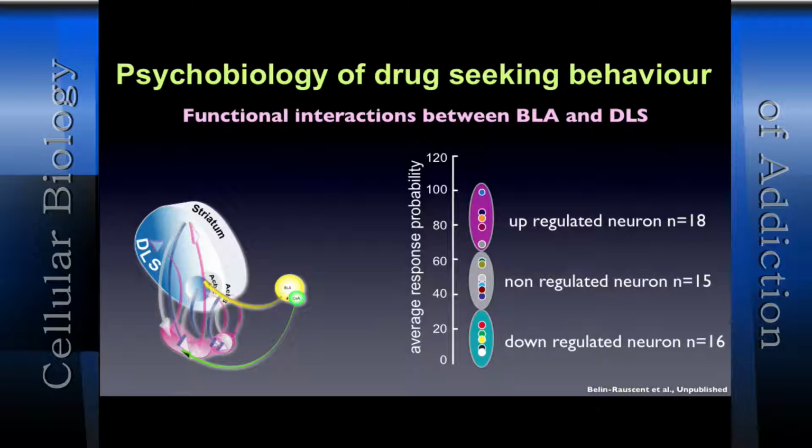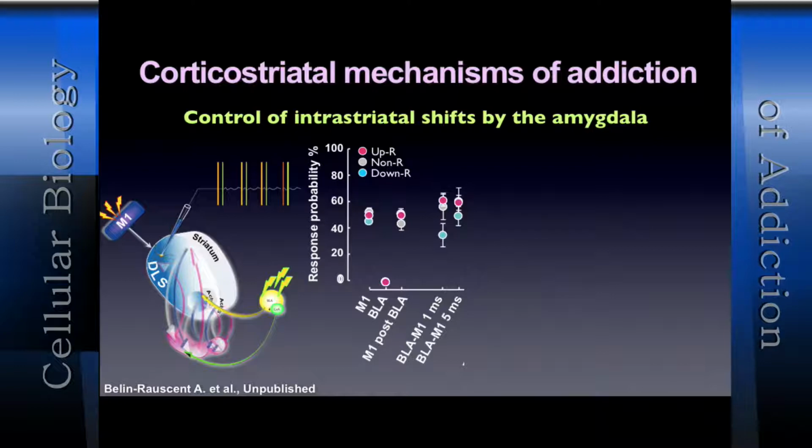I think this is the first demonstration that limbic areas, such as the amygdala, control cognitive and motor areas, such as the cortex. What's interesting is that, as I told you, she's been investigating different latencies between BLA and M1. So motor cortex stimulation alone, 50% responses. BLA stimulation alone, no responses. And for the short latencies, no effects. Why is it important to probe short latencies, 1 or 5 milliseconds? Because these short latencies test whether the system is monosynaptic or not.